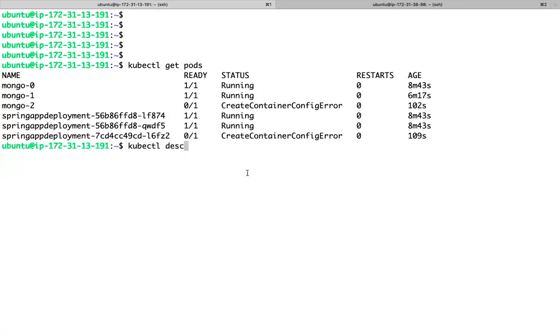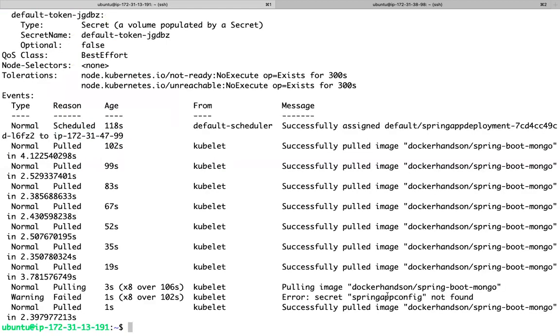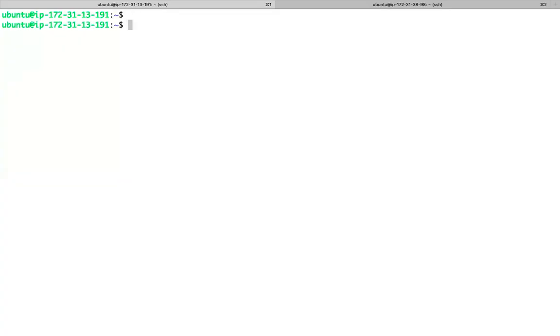Run kubectl describe pod, you describe any pod. It is expecting a secret with that name. I have a config map with this name, not a secret, right? So I need to create a secret also with that name.